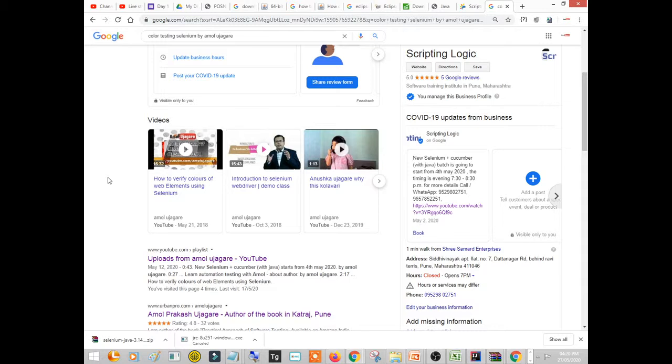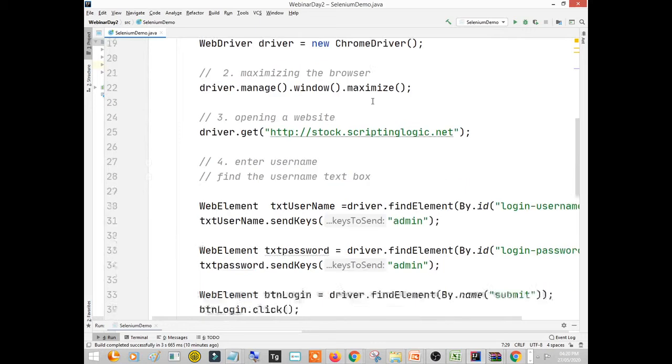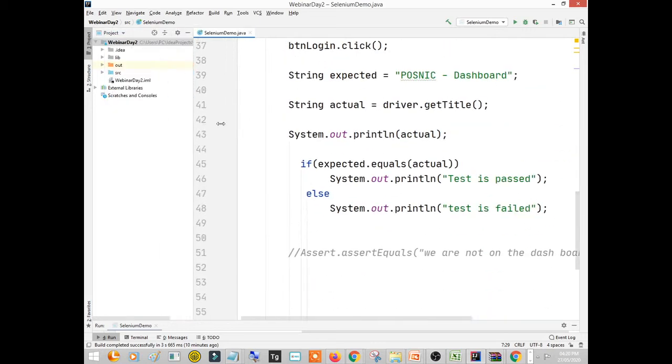Can we use IntelliJ IDEA to run a normal Java program? Ashwini Jagdale. Yes, actually IntelliJ IDEA is meant for executing Java programs only, right? Whatever I have written here is in Java only.